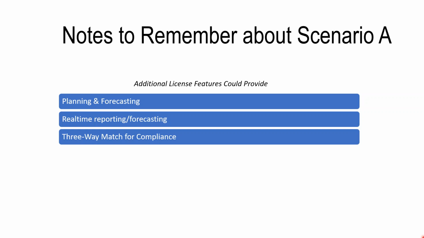The three-way match for compliance: some purchasing compliance requirements have a three-way match. We would be able to do that with a timesheet user. We would not be able to do it without, but you can do a two-way match with the vendor invoice